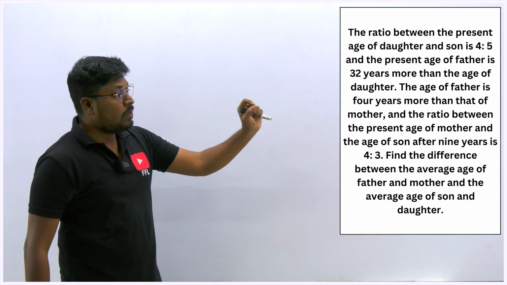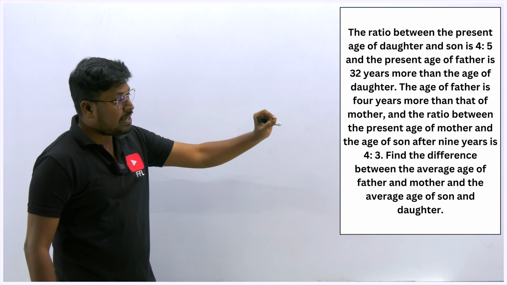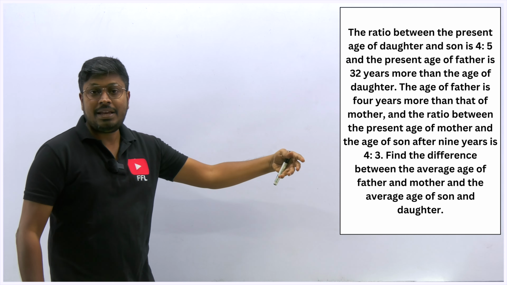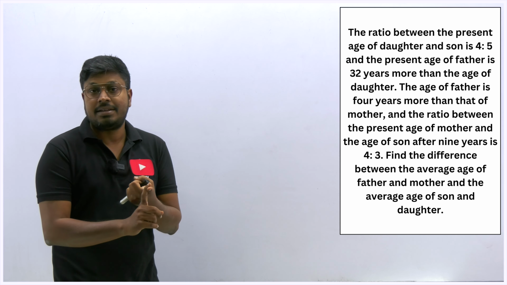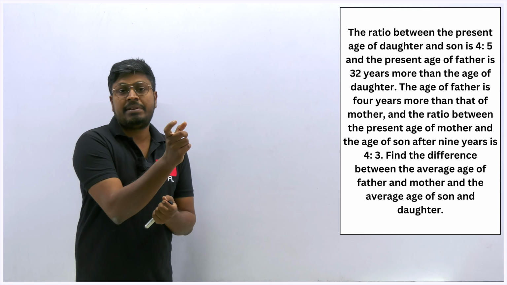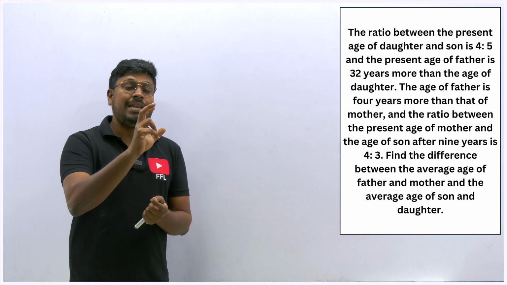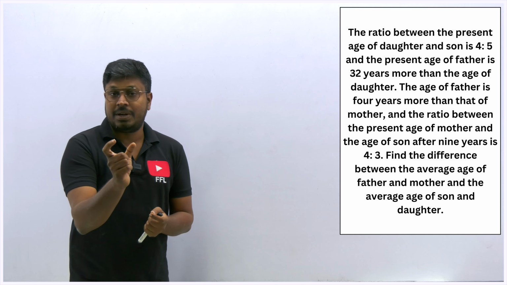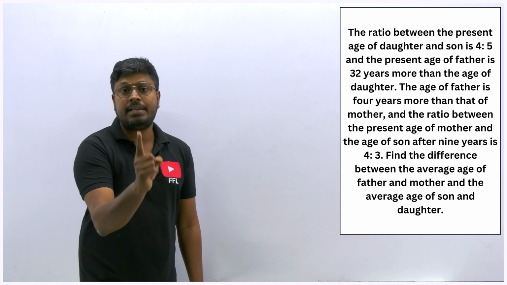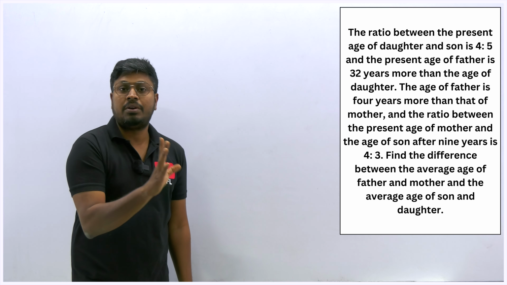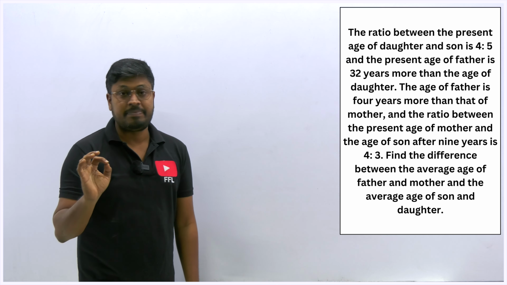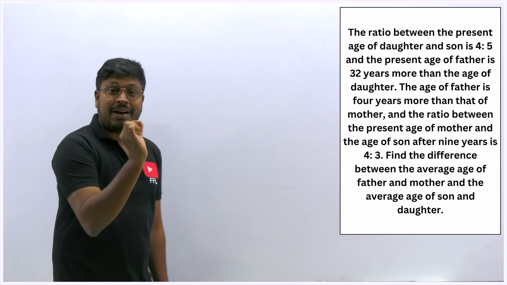Here, when we look at the first point of the question, we can try to frame an equation, or else based upon the question we can solve it slowly and find one person's age, the value of X, because a ratio has been given. If a ratio value has been given, we can easily equate any 2 person's ages and find the value of X. Once you find the value of X, we can find 1 person's age. If you find 1 person's age, finding the remaining 3 persons' ages will be easy. So let's target finding one value, that is X.